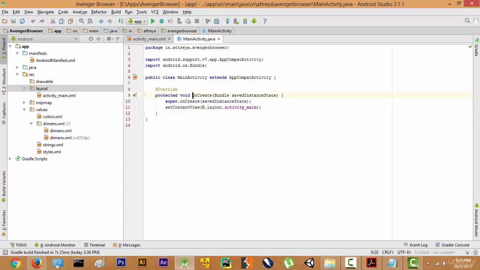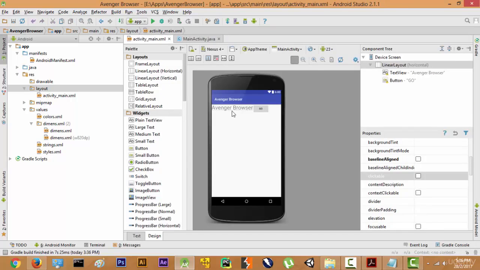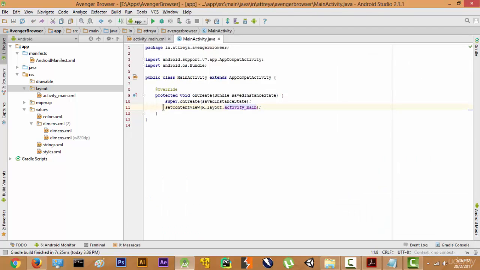So it's saying onCreate basically creates the application, and in the application set the content view as R.layout.activity_main. So set the layout looks like this one. So this is the function of setContentView, which is pretty self-explanatory by the name: content view, R.layout.activity_main. So after this, what we actually want to do is